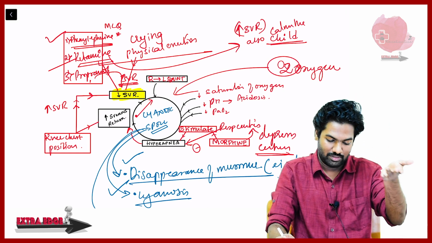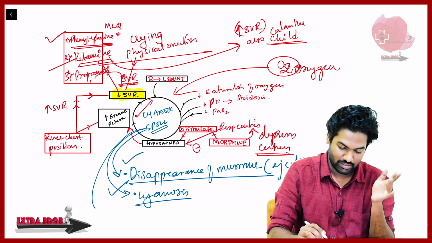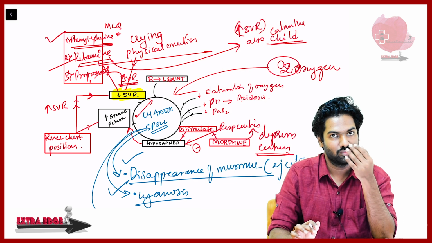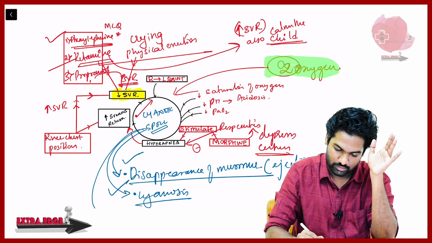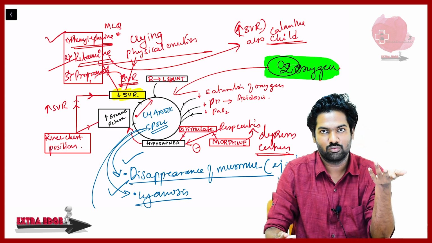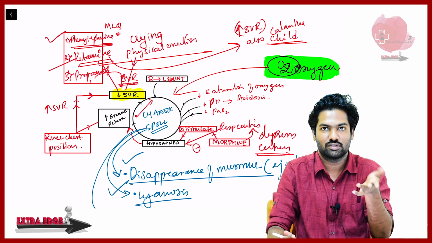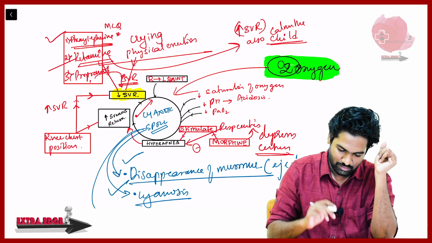Once the child has come with a cyanotic spell, now imagine, what is the first thing which you want to do? Next, if there is availability of oxygen, you give oxygen first. Okay, we shall label this oxygen here highlighted. Then imagine it is some outside scenario where you don't have easy access to oxygen, what will you do first? Go for knee-chest position. That is a very good way to cut off the cyanotic spell.